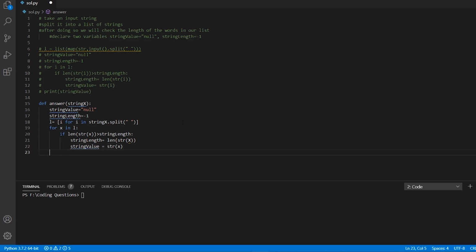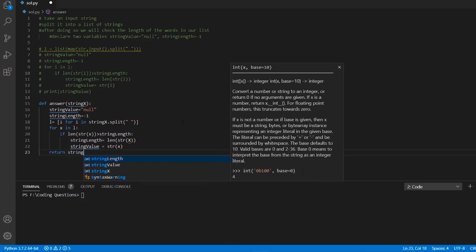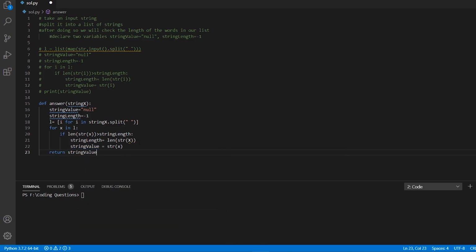And there can be two cases still. What you can do is either print this value here, or if it demands to return you the value, then you can simply return string value. This is one step which you can do.